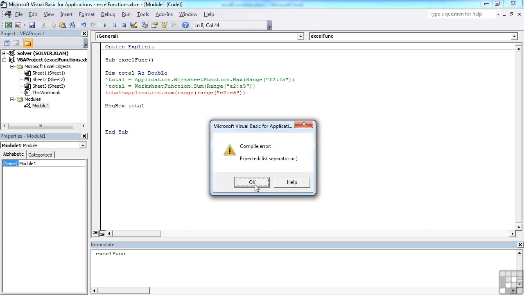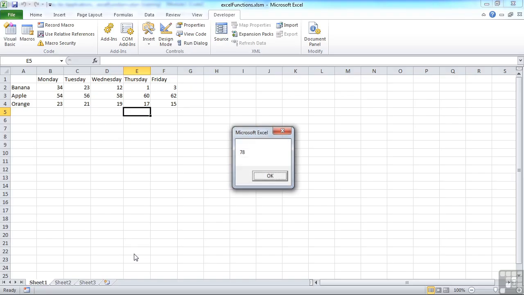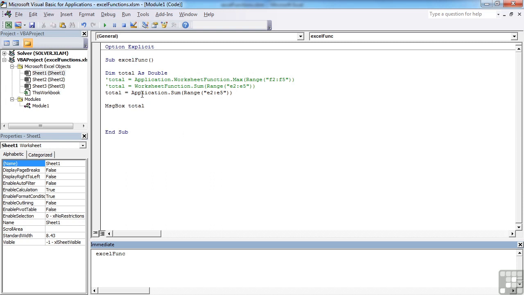Not enough brackets, I've got a range twice. Dot sum, open brackets, range, open brackets, close the range, close the sum, and then run the Excel function. 78 is the correct result. Now personally, I prefer method 2, this one here,